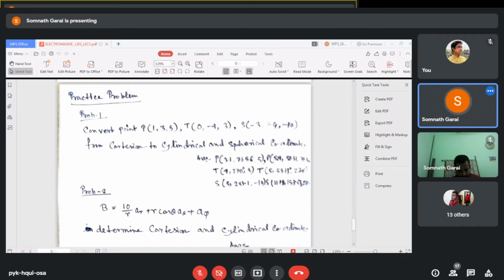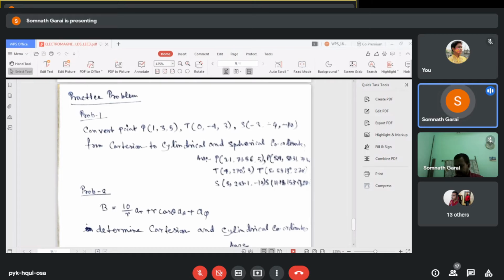Please check it. There will be a mistake. Value of rho of Q is equal to 4. Oh yes, sir, it will be 4. I'm sorry. And the angle? So 0, because minus 4 by 0, so it's 0.